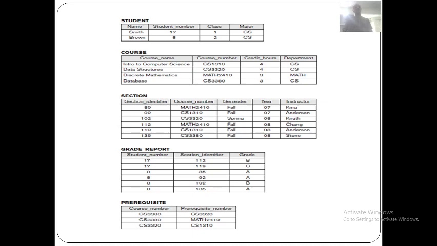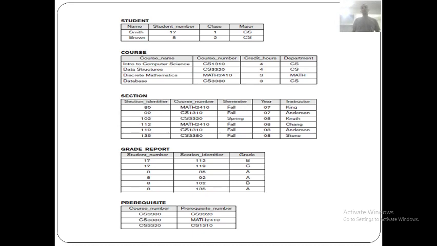This is the instance of student, instance of course, instance of section, instance of grade report and instance of prerequisite. If you take the complete screen, it is a snapshot of that database, where all the individual tables are having various instances.